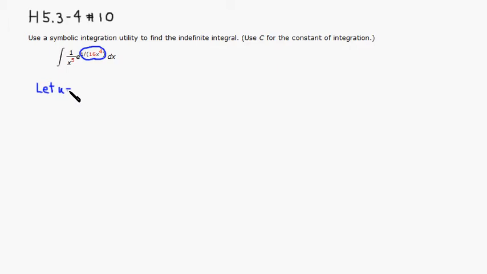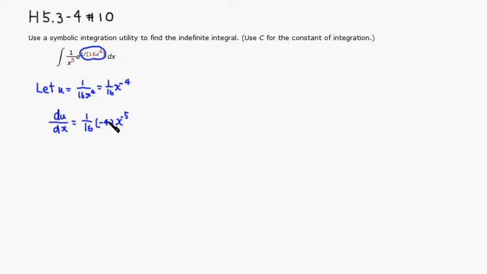u be 1 over 16x to the fourth. I don't like the way it's written, so I'm going to rewrite it as 1 over 16 x to the negative 4. So let's take the derivative. du over dx is equal to, you have a 1 over 16 already there. I put the negative 4 in front, and subtract 1 from the power, so it's negative 5,